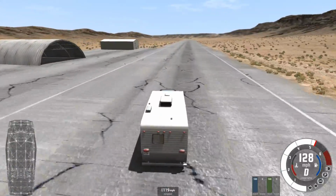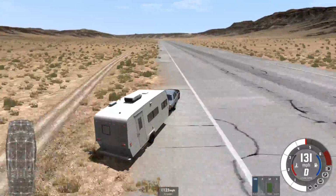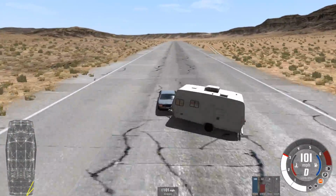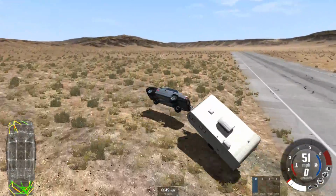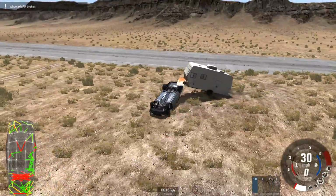We need more speed. Okay, we are gradually picking up speed. We've got control issues though. I've wandered too far off the edge of the runway. It's 120 miles an hour. We're going to lose it. We've lost it. Trying to bring it back to some semblance of control. However, oh, we've lost a wheel again. It almost got eaten by the...